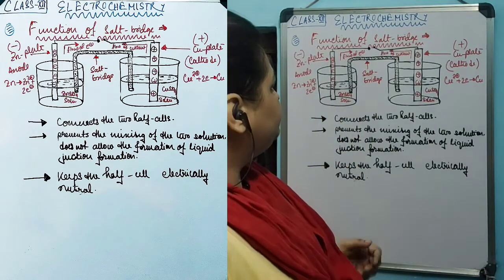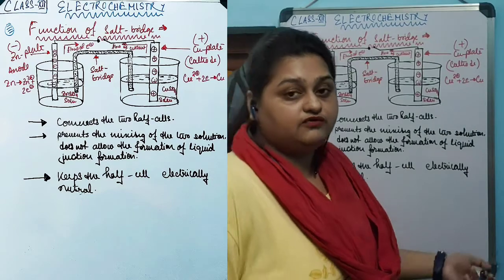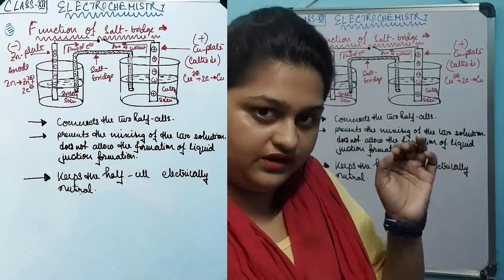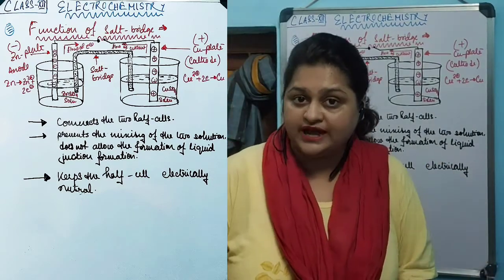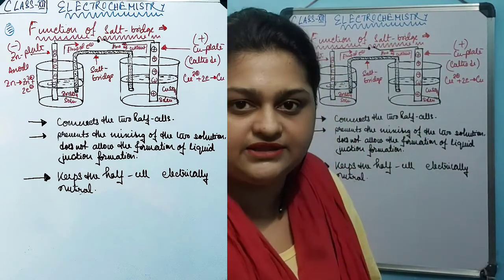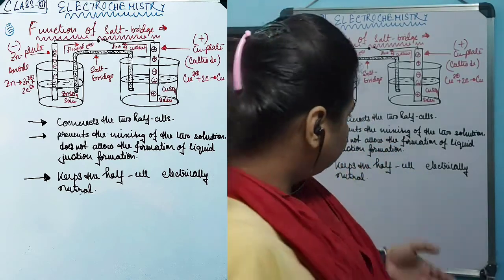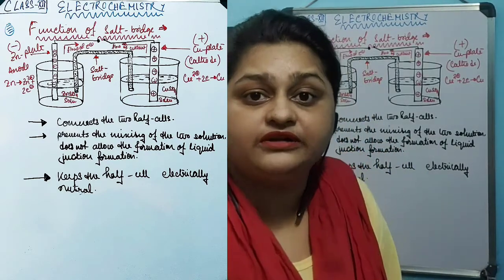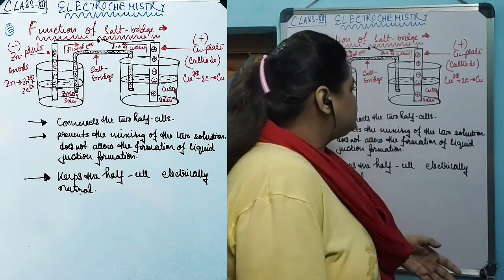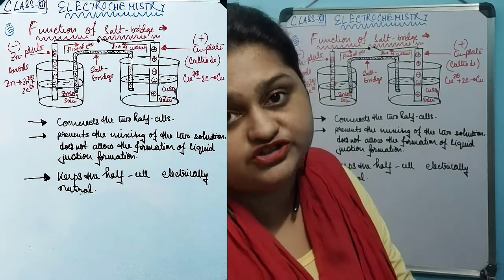As a result, the mixing of these two solutions can be prevented. In a simple voltaic cell, both electrodes were dipped into the same solution. As a result, if we take this entire solution and mix it together, mixing of the solutions will happen, and a liquid junction potential will be created. So the salt bridge prevents the mixing of the solutions, and that's why it does not allow the formation of liquid junction